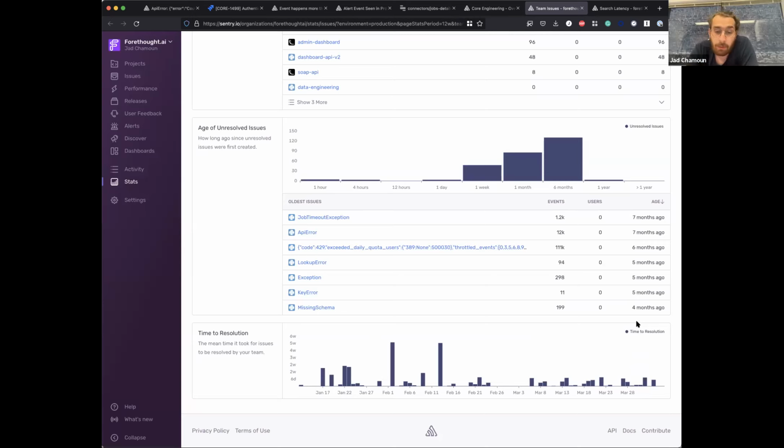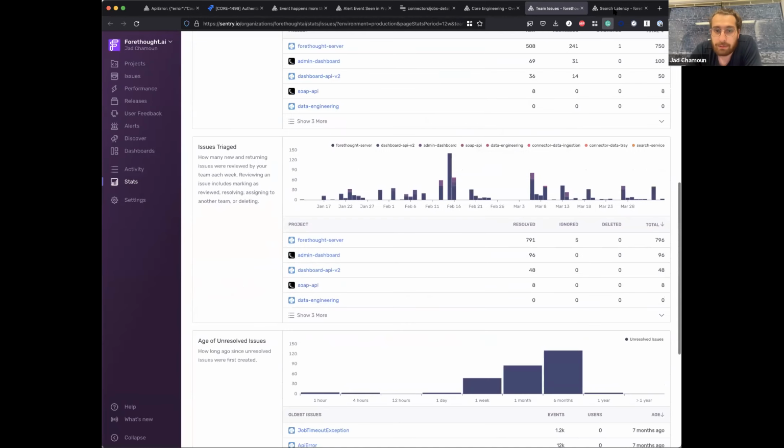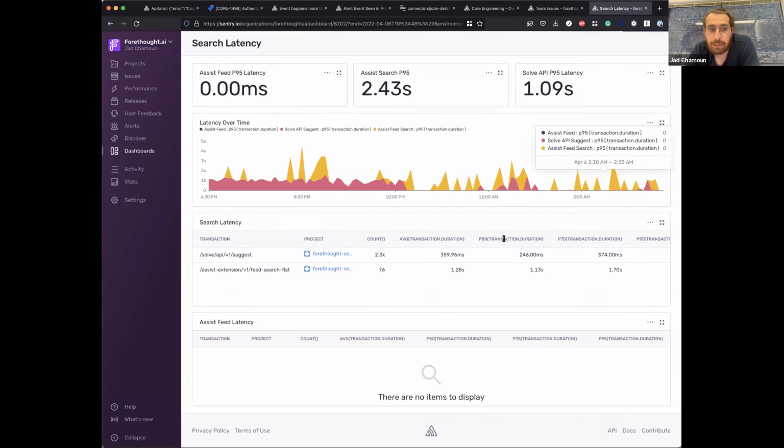A few things that we also got out of this is defining internal OKRs or service level objectives within our teams. Like we use, for example, time to resolution or new issues, or even latency. Here's a good example of latency. That's a dashboard that measures our search latency. So